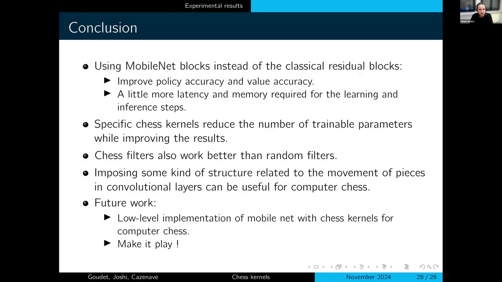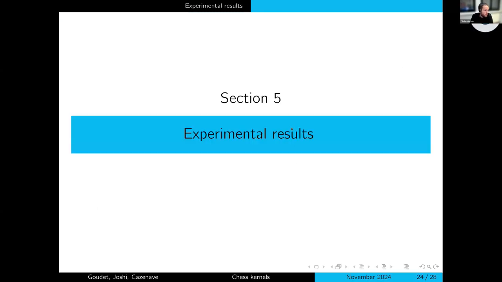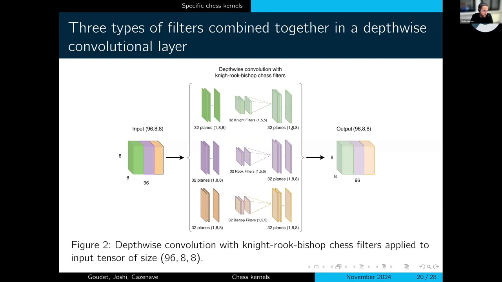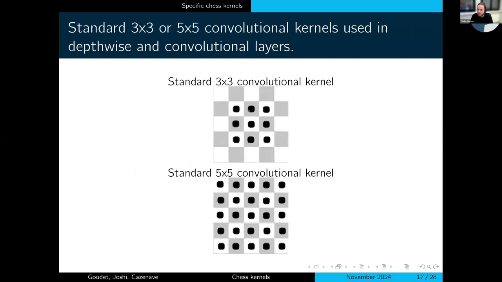And with, for example, a graph convolutional neural network, where you put a link between each case for the different moves, but it was a little bit too slow also. So I think it's enough with this kind of filters, and with a good implementation, it could be as fast as 3x3 standard kernels, I think. Because as you can see in the chess kernels, it's the same number of parameters as in the 3x3 kernel. So it's sparse. Yes, that's a very good feature.